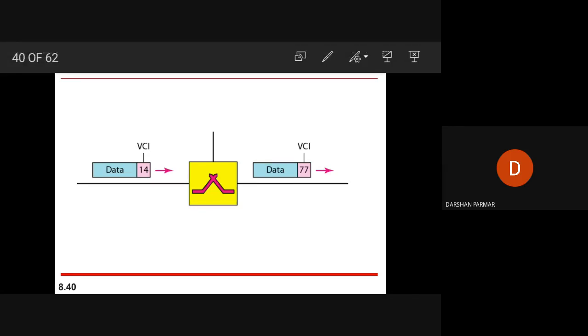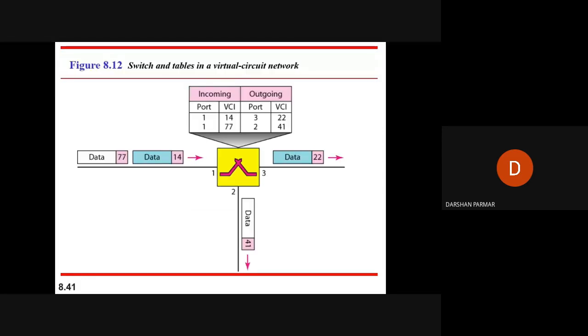Now we see the different phases here. You can see here an example: if you have three ports, the first data is entering at 14. When it is traveling out from the switch, it has the address 41, and the second will have 22. So different ports will have different VCIs. It will depend on the table, whatever table you are using. This will always be defined in your table.